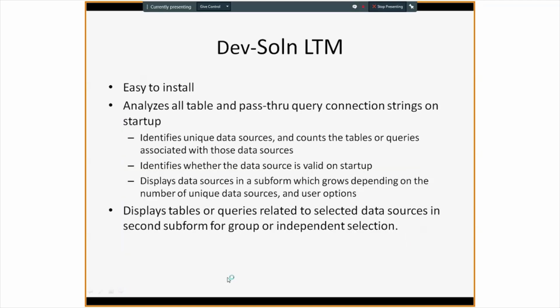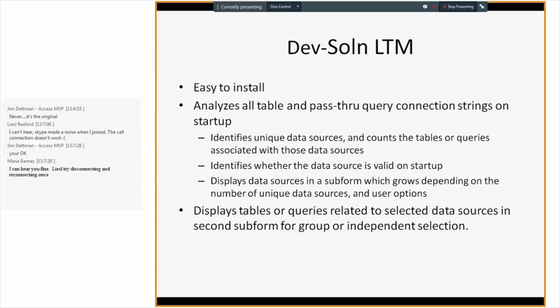So, like I said, I created the Developing Solutions LTM. It's easy to install. It does an analysis of all of the tables and pass-through query connection strings when you start the application. It identifies all the unique data sources, counts the numbers of tables or queries associated with each, identifies whether the connection string is valid or not,